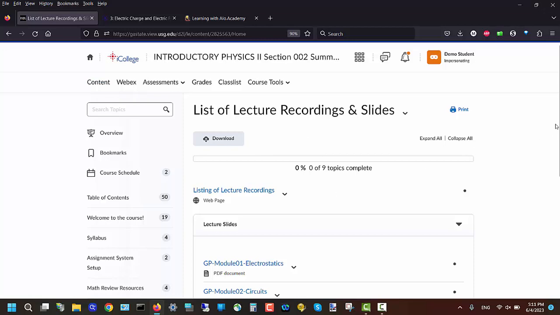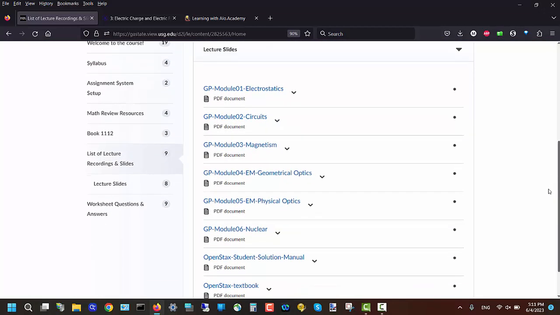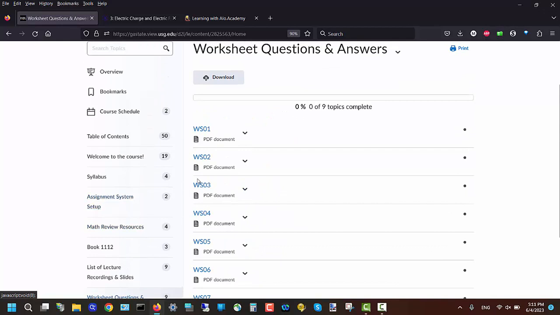Now, let's go back here. In that same folder, you actually have the slides in PDF that I have used. Actually, these are slightly modified from the ones I used, but they're essentially the same. And of course, the link again to the solution manual and the OpenStax book. Last thing that I will show here, where you can find the worksheets.